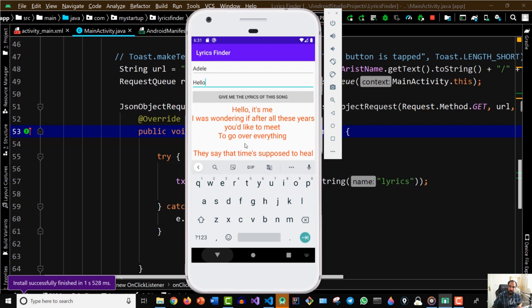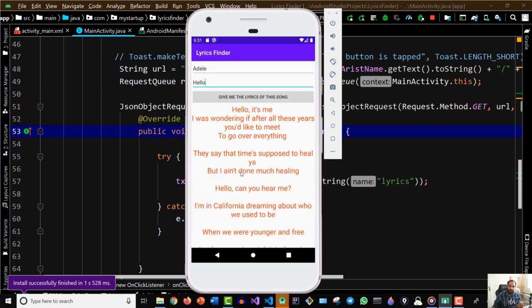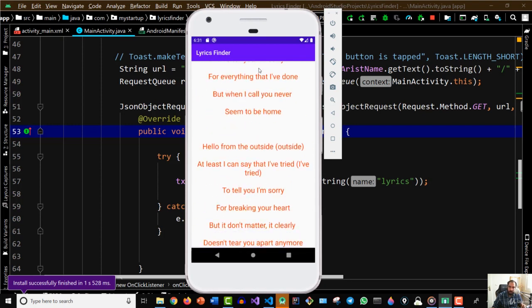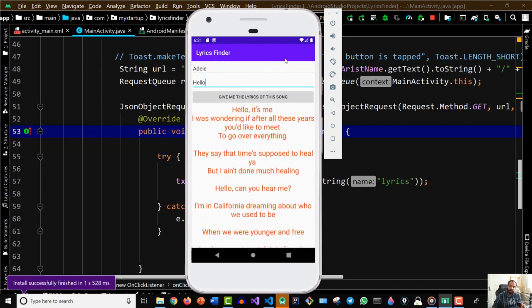Okay, fine. So you can see that now it is showing us very user-friendly lyrics, and it's pretty good. Hello, it's me, and that's it. I can scroll down here and see the entire lyrics. It's pretty amazing. Later you will learn that you can add a simple media player at the top right, and